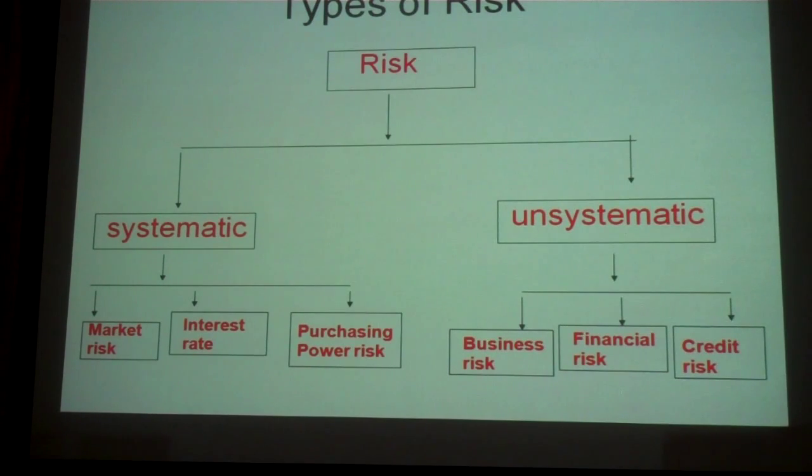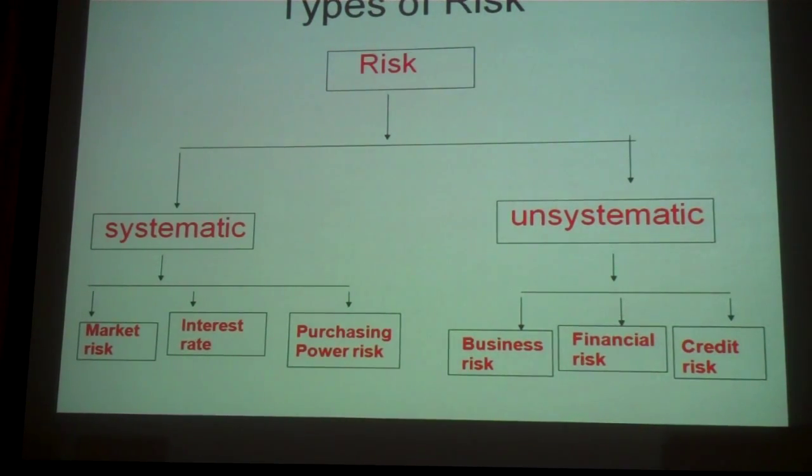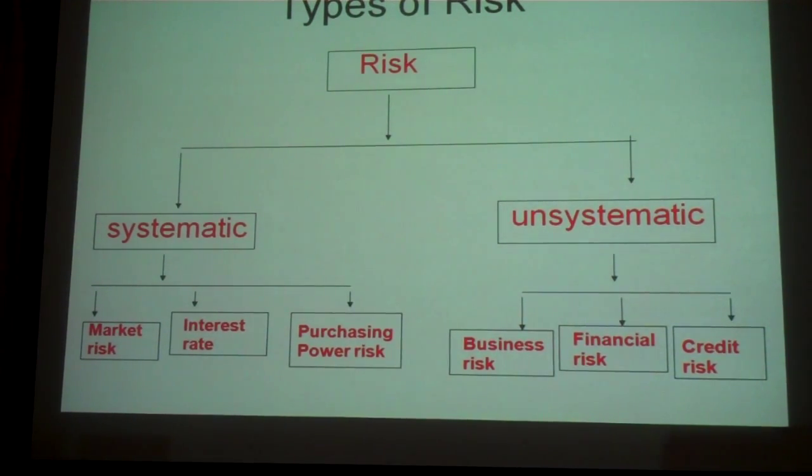Now let us come to these 3 risks. Market risk. What do you mean by market risk? Sensex falling by 1000 points. Suddenly, tomorrow morning, it will fall 1000 points. No stock can go up. It's like swimming against the tide. Though your stock is a genuine stock and you are doing well, because the market falls, you are a part of that family, 30 stocks, Sensex, you have to fall.